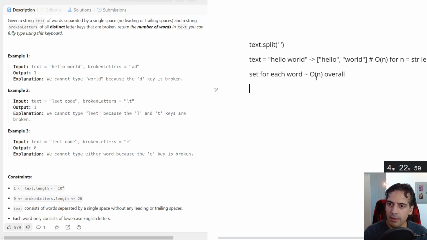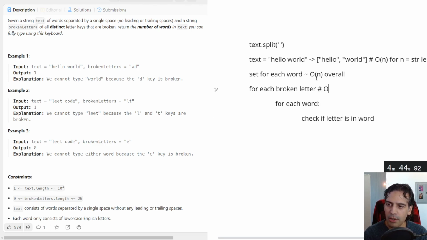And then for each broken letter, check if letter is in word, in set word. Check if the letter is in, for each broken letter, for each word, check if letter is in word.